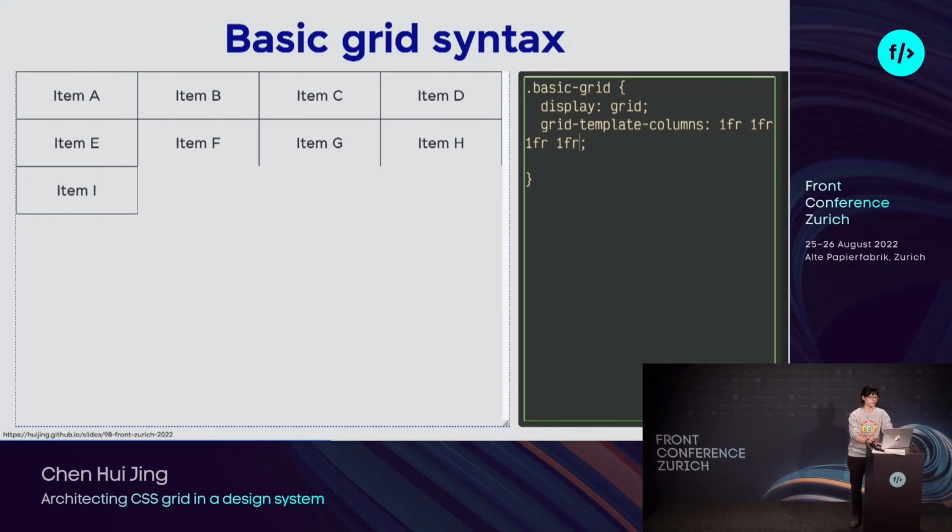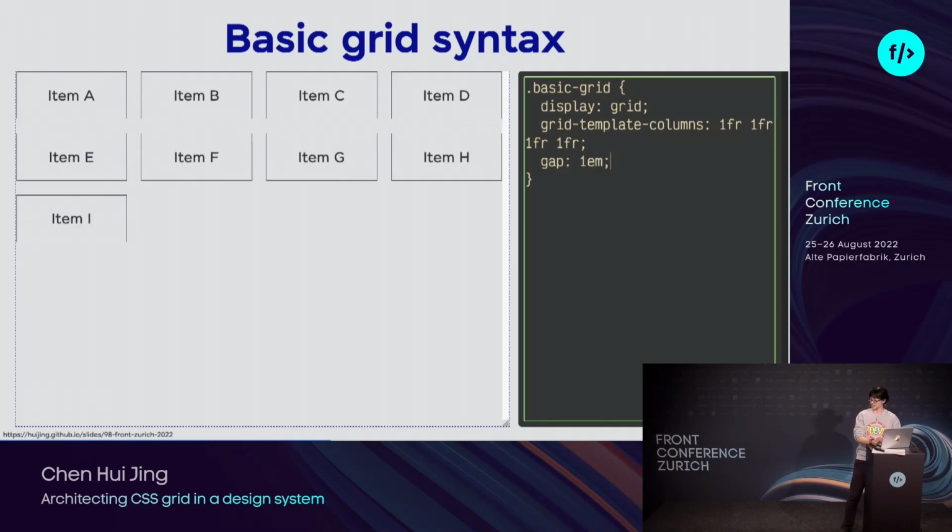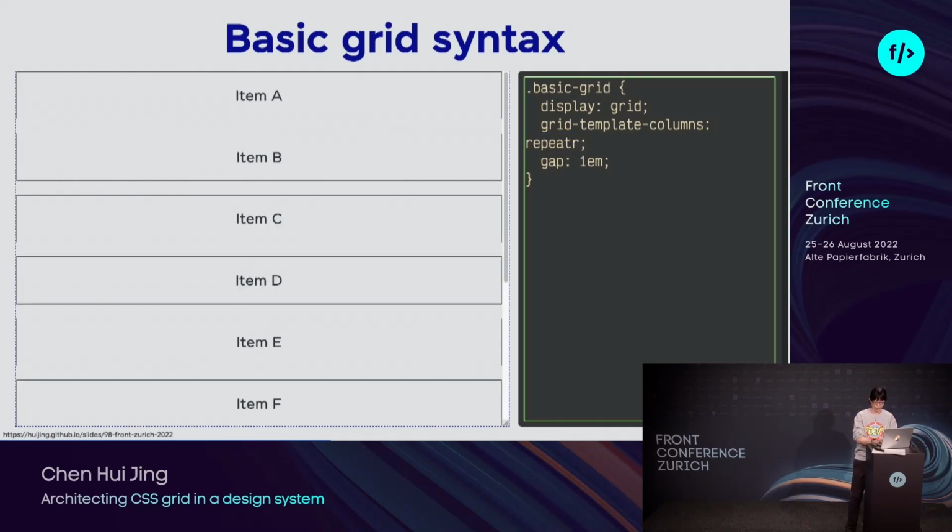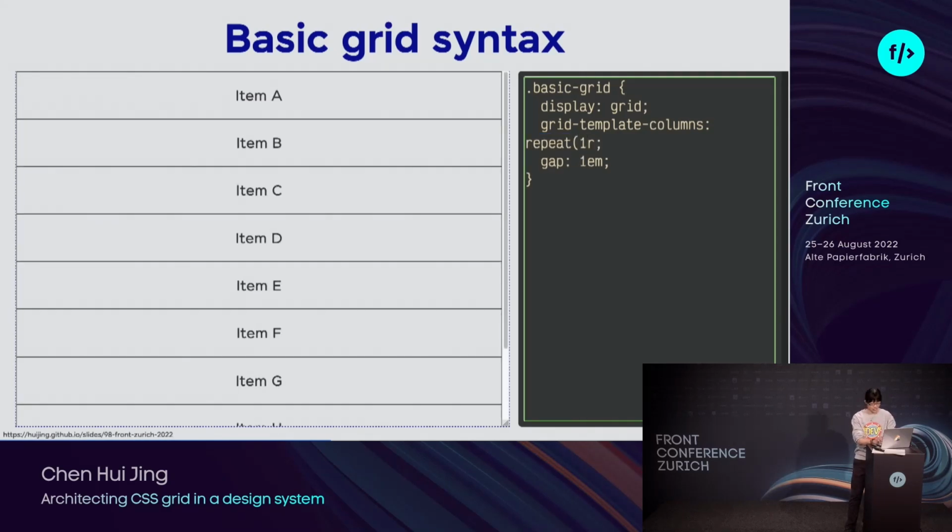Now, if your grid needs to be more complicated, there are helpful functions and properties that can keep your code neat. A great example is gap. I love gap. It's a very easy way to introduce spacing between your grid items, which is something that we didn't have before, very useful. If your grid needs to be a little bit more complicated, there's useful things like the repeat function. So instead of typing that 4 times, I could do something like this. Let's see how well I can type. No, that's not how you do it.